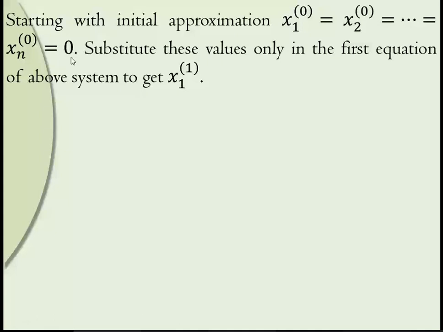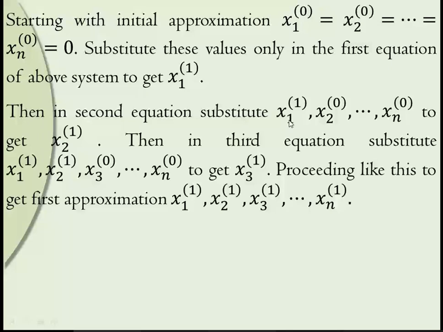By using the first equation, we get the first approximation for x1. Now, for finding x2, take this new value of x1 and the remaining values as they are. Take this new value of x1 and the remaining terms as they are, that is 0. The second substitution will use this new x1; x3, xn will be the same as the previous ones. By that, we get the first iteration value for x2.